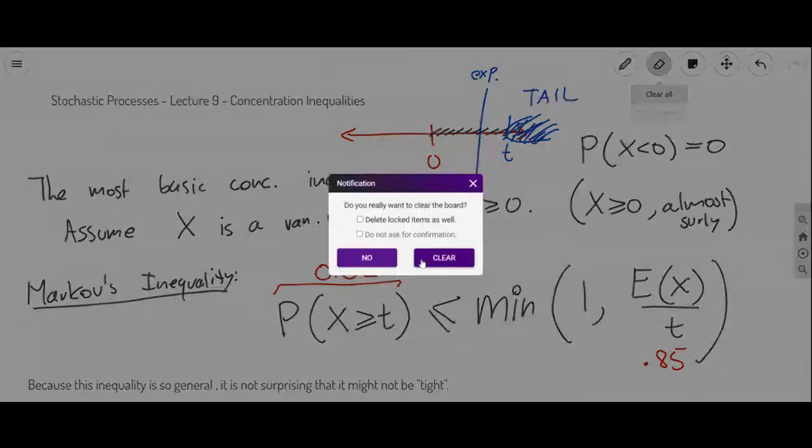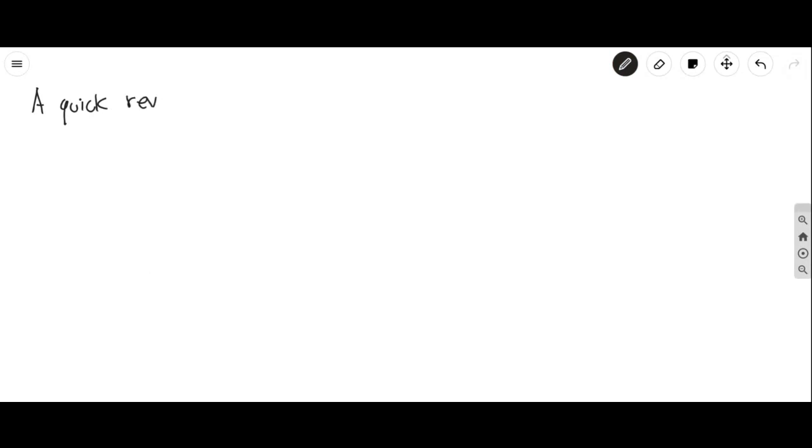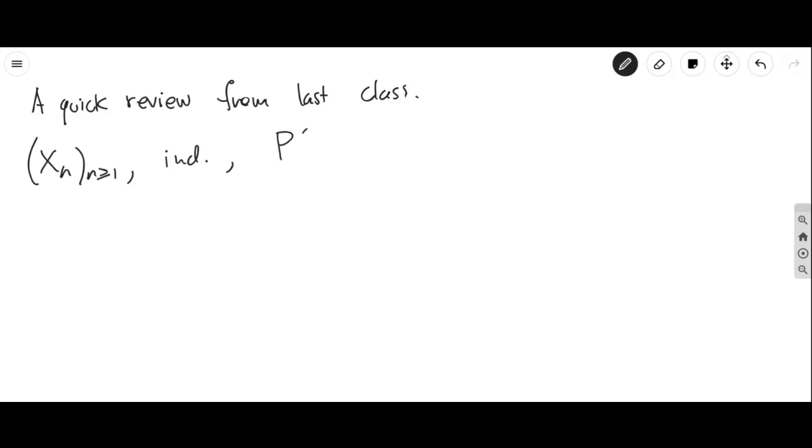So now let me say a quick recap from last class. So a quick review from last class. We have a sequence of independent coin flips, but instead of coding them as 1 and 0, we're coding them as plus or minus 1, and each of them happen equally likely, so heads and tails are equally likely. And then we construct